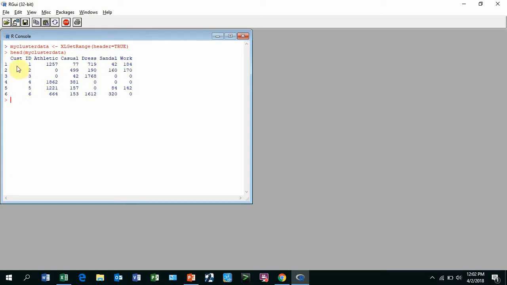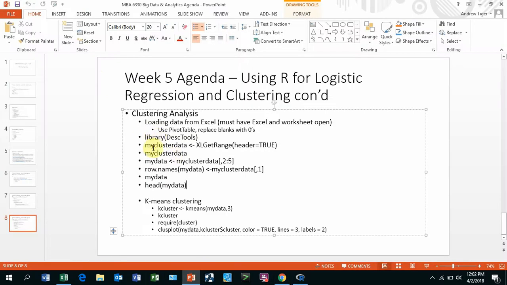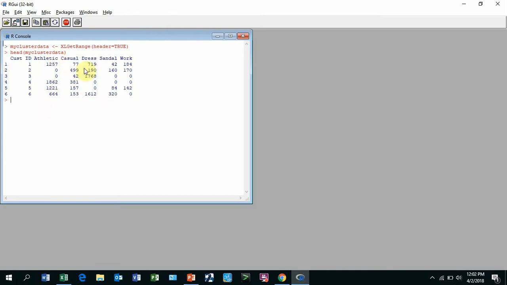The first column is really, I don't want to use that as data. I want that just to be the row names. So I've got some data ways over here. And look what I'm going to do. I'm going to create a new one called my data. So I'm going to copy this command, my data, and all it's going to do is only use columns 2 through 5. So it's only going to use this one, this one, this one. And it's shortening from my cluster data to my data. So now if I look at